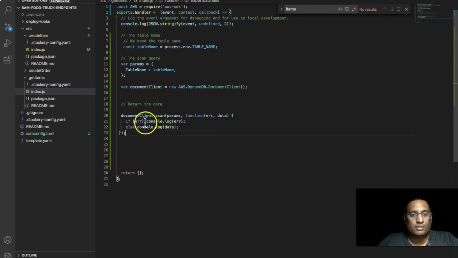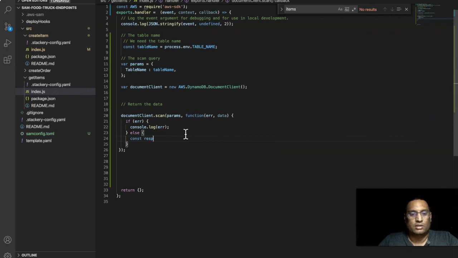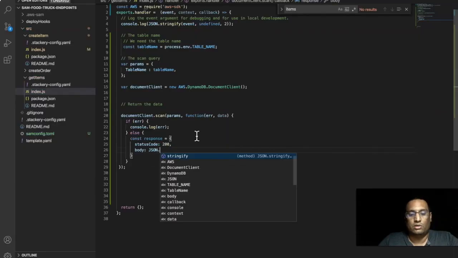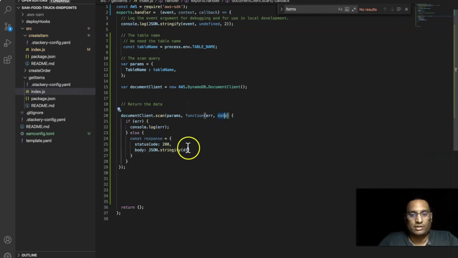Okay, fine. Now I don't like this way of doing it in a single line, and especially for our needs, we're going to do a bunch of stuff here, maybe a couple of lines. Okay, let us build our const response. For API gateway, you definitely need to send two mandatory parameters. The status code 200, and then the next one will be the body, and the body will be the JSON.stringify version of the data, whatever you're getting here.